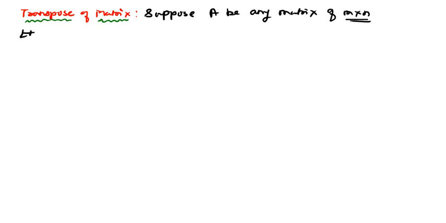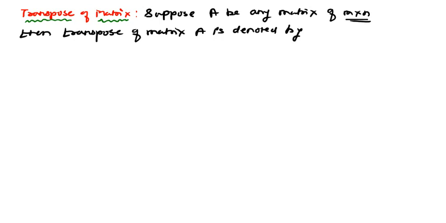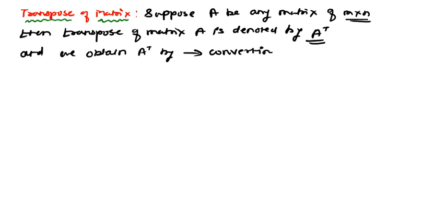Then the transpose of matrix A is denoted by A transpose. And how do we get this transpose? By converting rows to columns